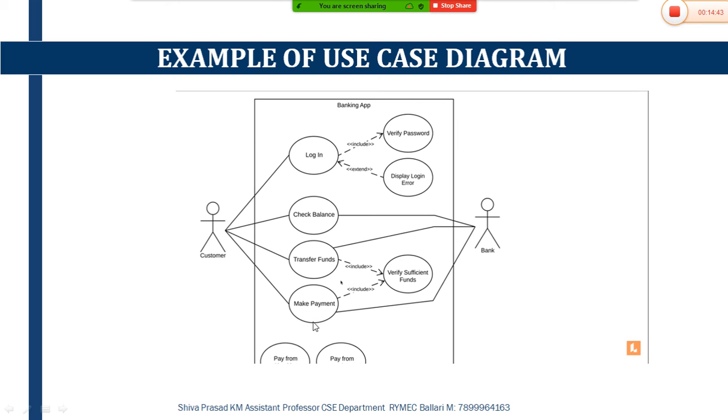So the connectivity between make payment and these two will be in the form of generalized association. Both together will be connected to make payment with a single arrow mark. So this one is considered the parent case, and these two are considered child cases.